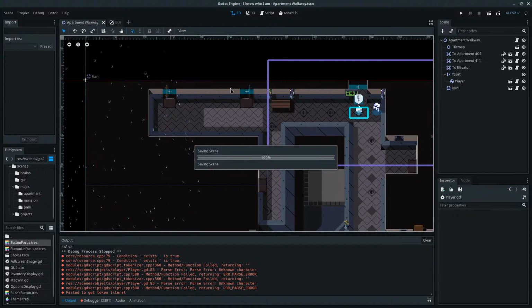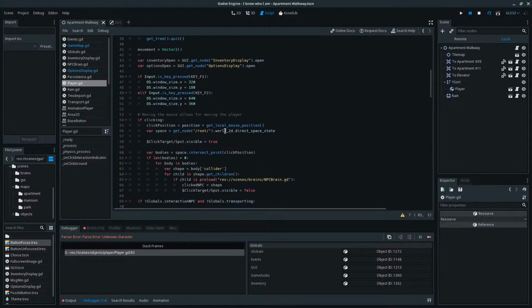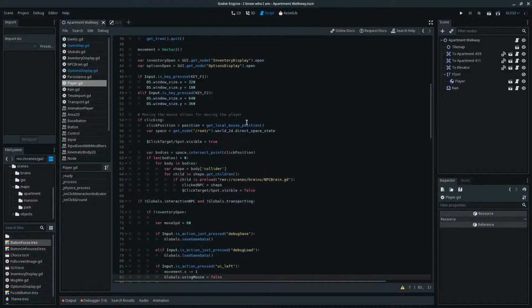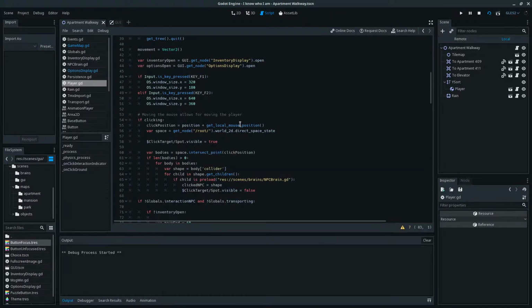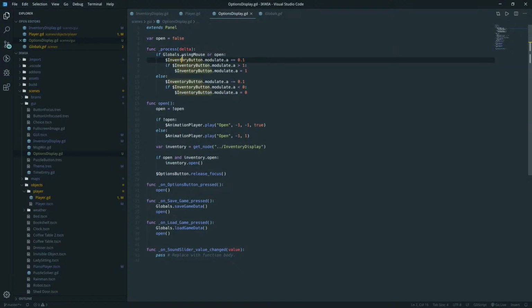Let's see. Modulate. Oh, whoops. I just copied this code. Didn't think about it.